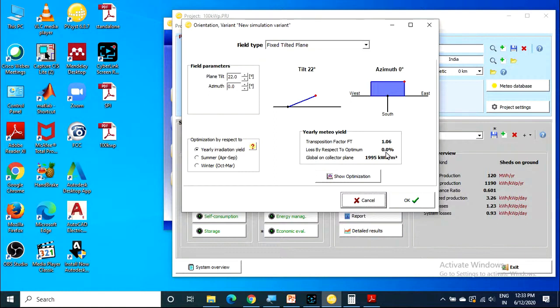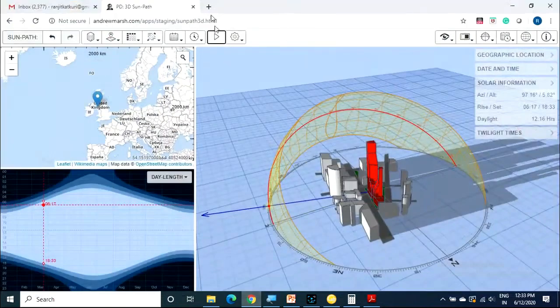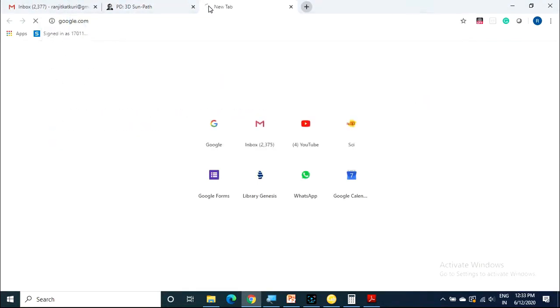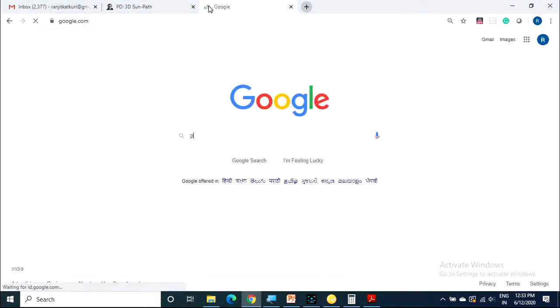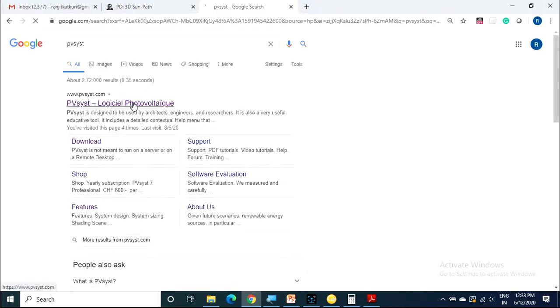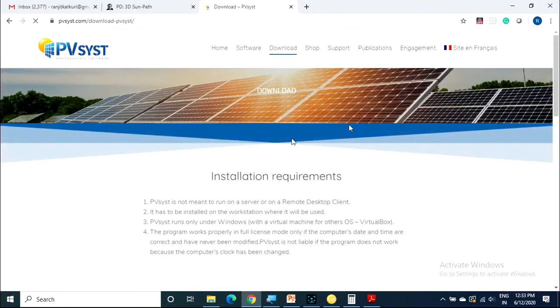You cannot use this software on mobile. It is not supported; on mobile, it will not work, I think. So there are some requirements for the software. The software requirements are mentioned here.